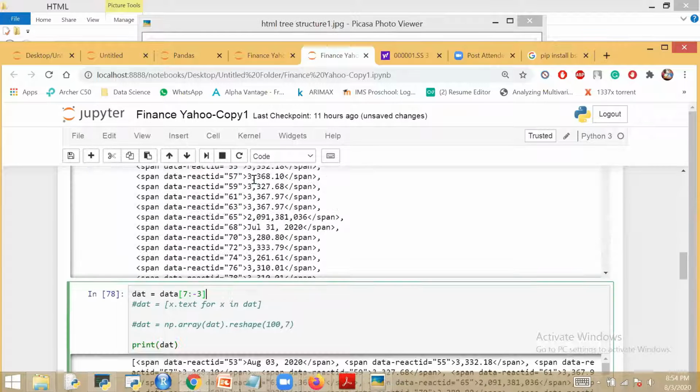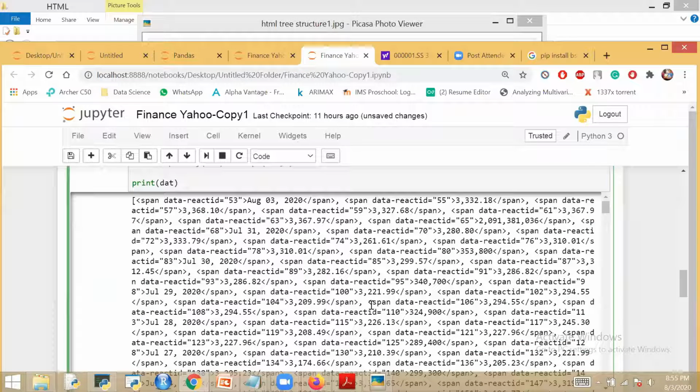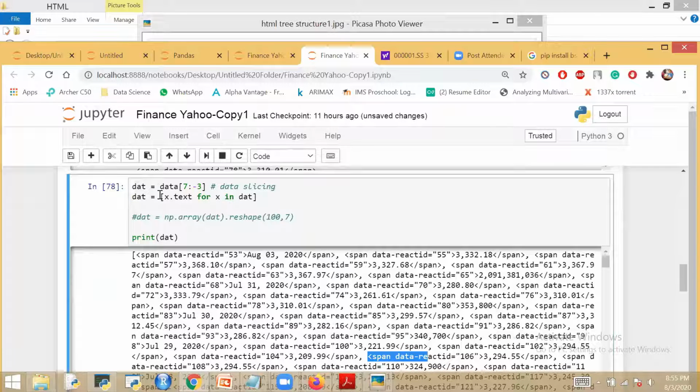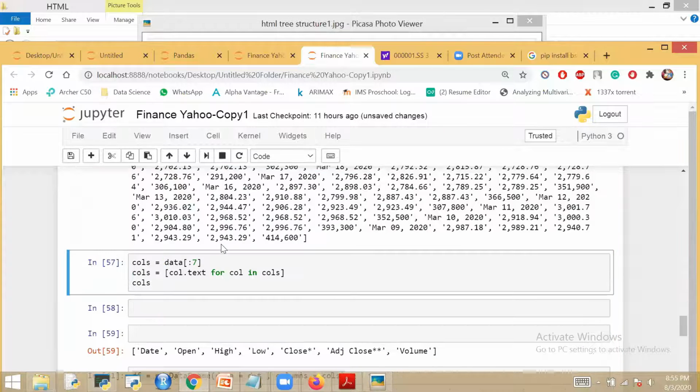So first one is slicing. After data slicing, next, this is coming like this, span. I want to get text out of it. So I will run a loop, and for that I will tell it, give me only text.